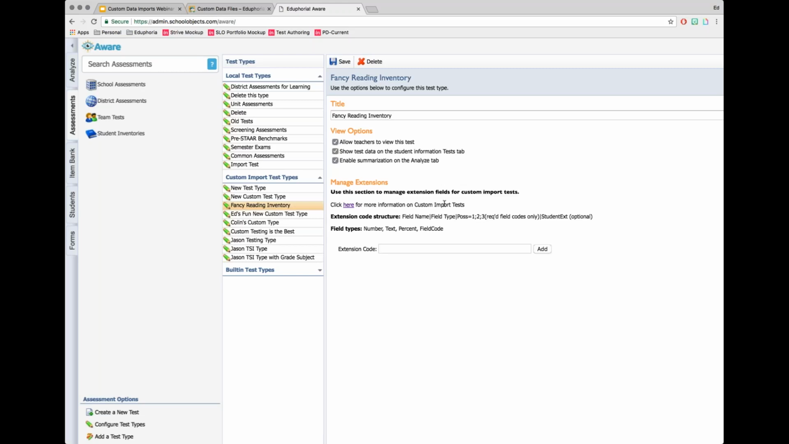Okay, but the second type of field that you're going to want, and this is the more prominent type, is going to be extensions. What types of fields are specific to the test that you're importing, and you're going to have to define those here in this space. Okay, and so we've got some rules for defining extensions, and those rules follow a structure